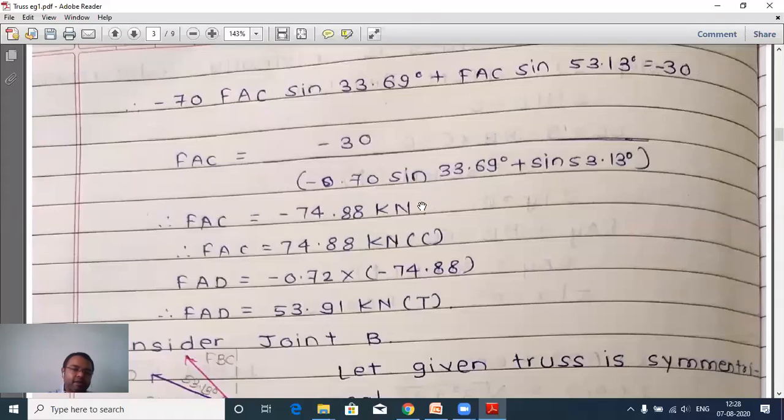So first of all, I have to write here in this bracket T, capital T, because the previously assumed direction was tensile. We are getting a minus sign, which means our assumed direction is wrong. So just make the answer plus. Opposite of minus is plus, and opposite of T is compression. So the final answer is that FAC is in compression.